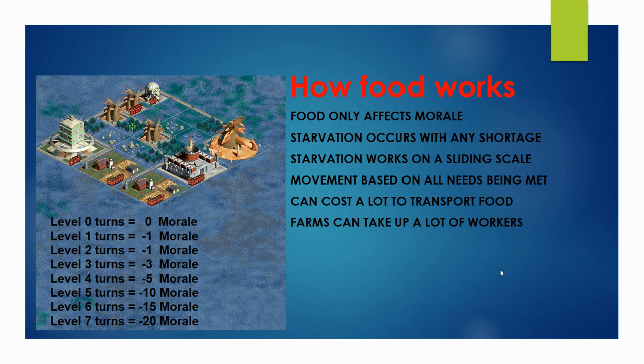Starvation occurs with any shortage. That means if you have 50 people in a colony and there's zero food, there'll be starvation. If there's only 49 out of 50 food needed, there's starvation. And it does work on a sliding scale that you move on based on if needs are met or not. If all the needs are met and your colonists are well fed, you will move up toward level zero. If all the needs are not being met, you will go down towards level seven, and it is a turn